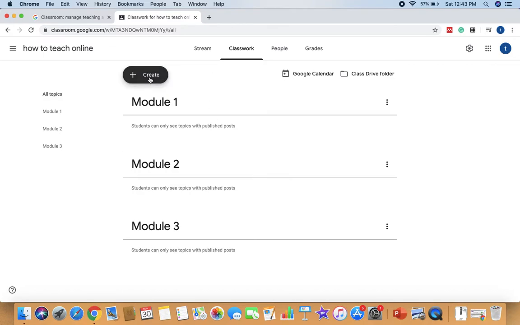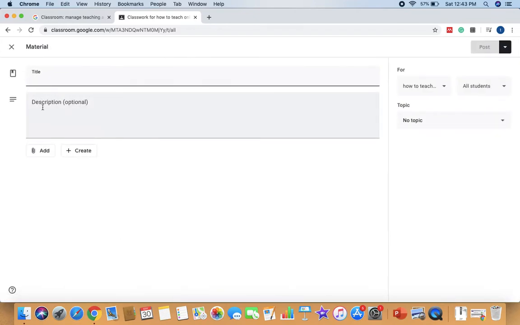You click on create, you select which material you have to. I'm selecting the material. Okay. Give a name for that chapter. The description is optional. You can give a description about your chapter, maybe some syllabus or something like that. You have 2 options. Either we can add a file or a YouTube video, or a file which is in our computer, or even we can give a link to a website.